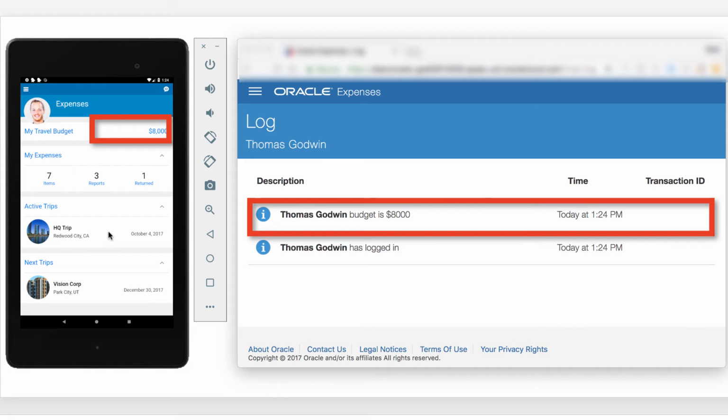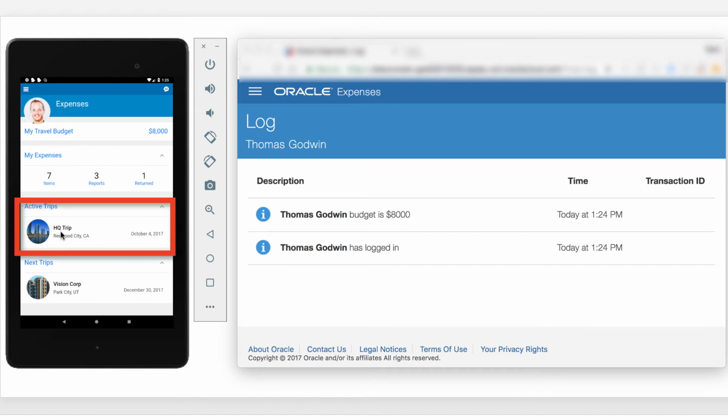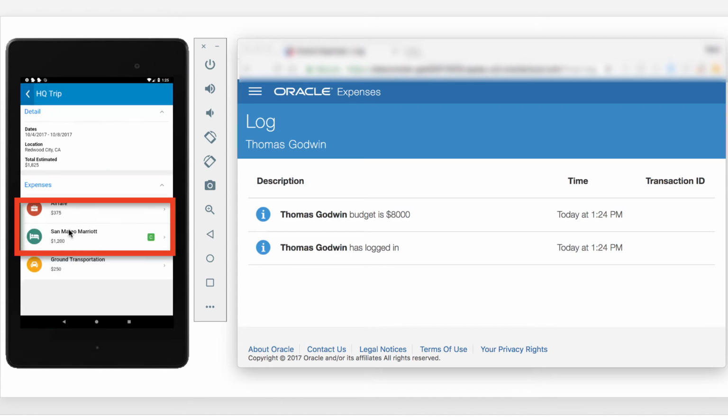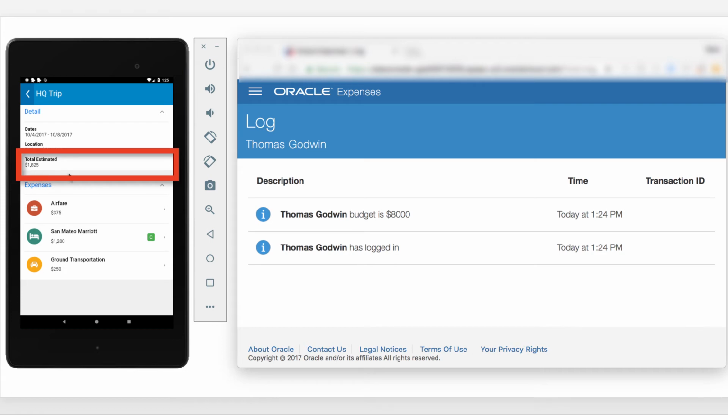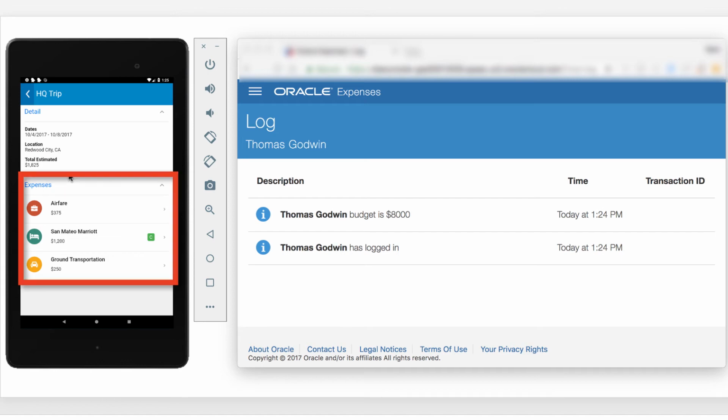On the mobile device, you can see that the active trips, you got one which is the trip to the headquarters on the 4th of October. So let's have a look. And scenario here is that Thomas is actually at the checkout, and on his device you can see that the estimated amount spent so far on this trip is $1,825. $375 for airfare, $1,200, which is a smart contract,